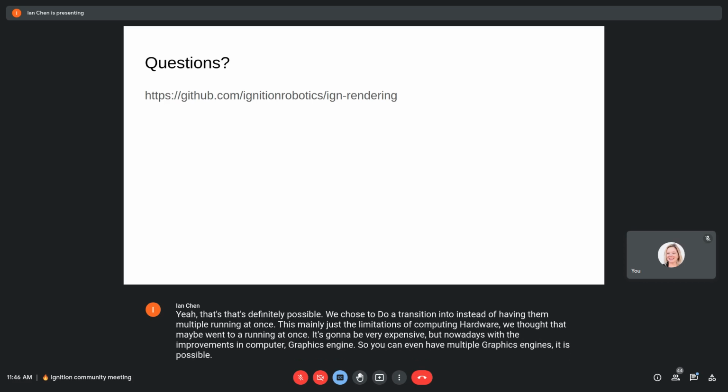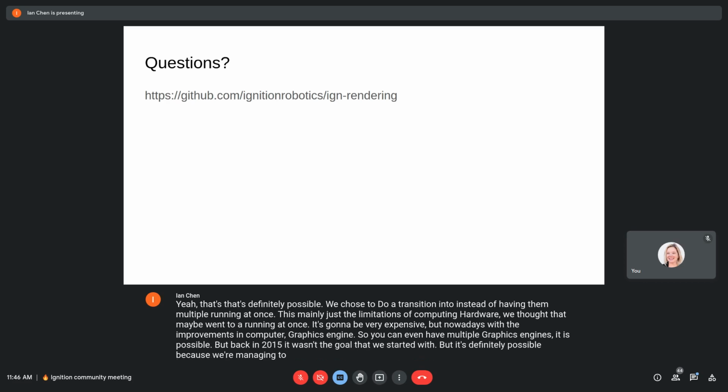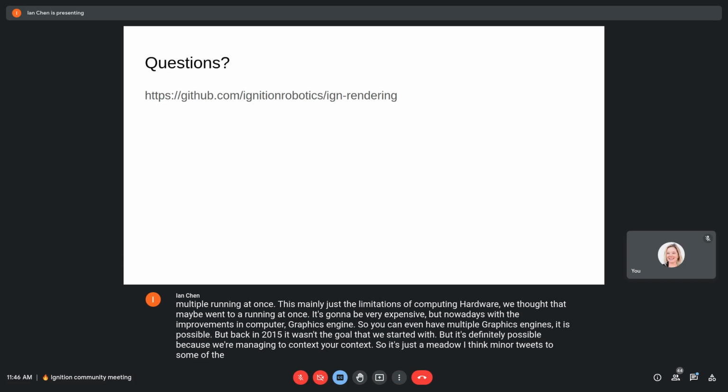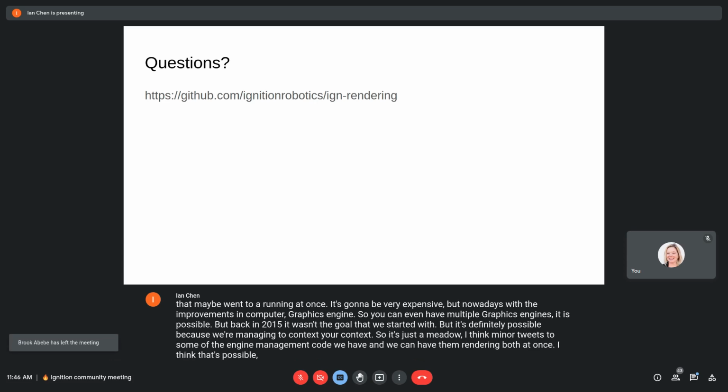Back in 2015, it wasn't the goal that we started with, but it's definitely possible because we're managing two geo contexts. So it's just a matter of minor tweaks to some of the engine management code we have, and we can have them rendering both at once. It's just not supported right now.